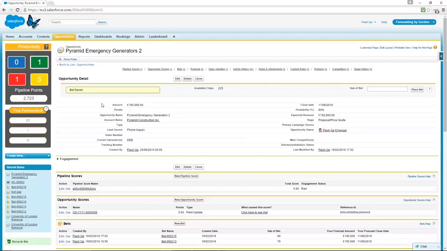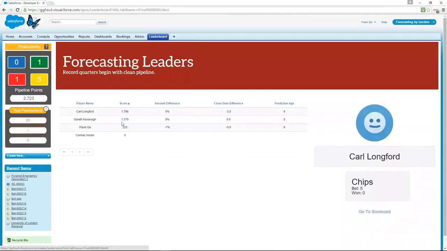So what happens then is we work through our deals throughout the period, and as we get to the end of the period, the winner of the forecasting game, Foretell, is the sales rep with the most chips, which are confidence chips or pipeline points. And I can see as I review the leaderboard where I am on this leaderboard.